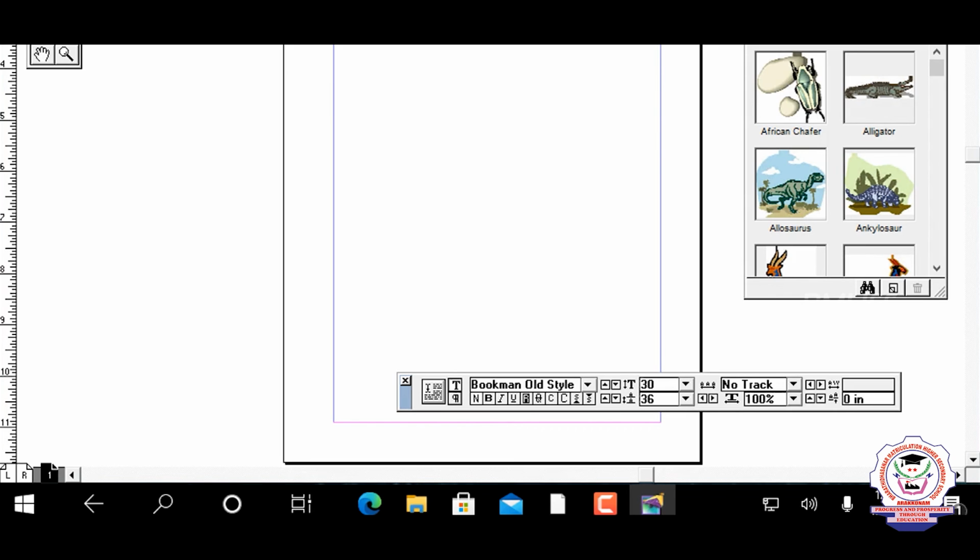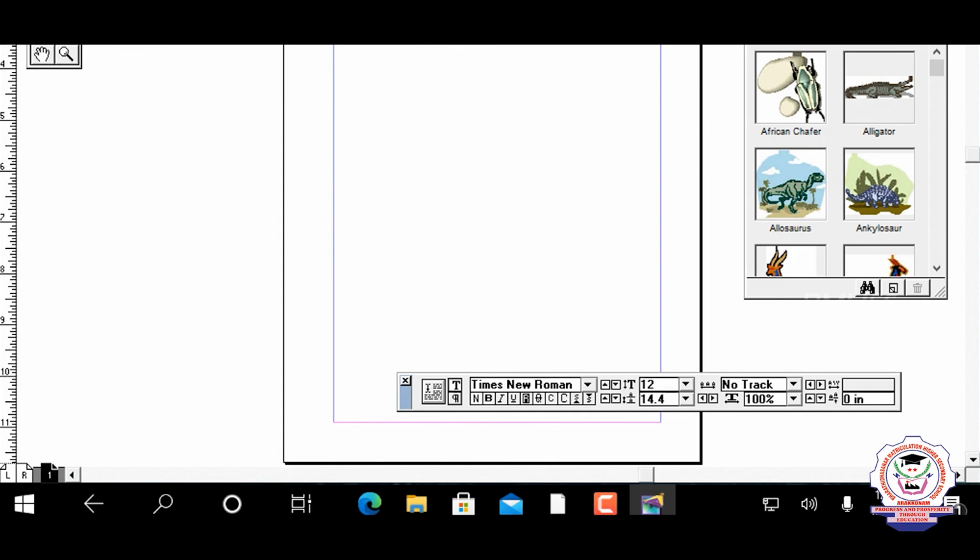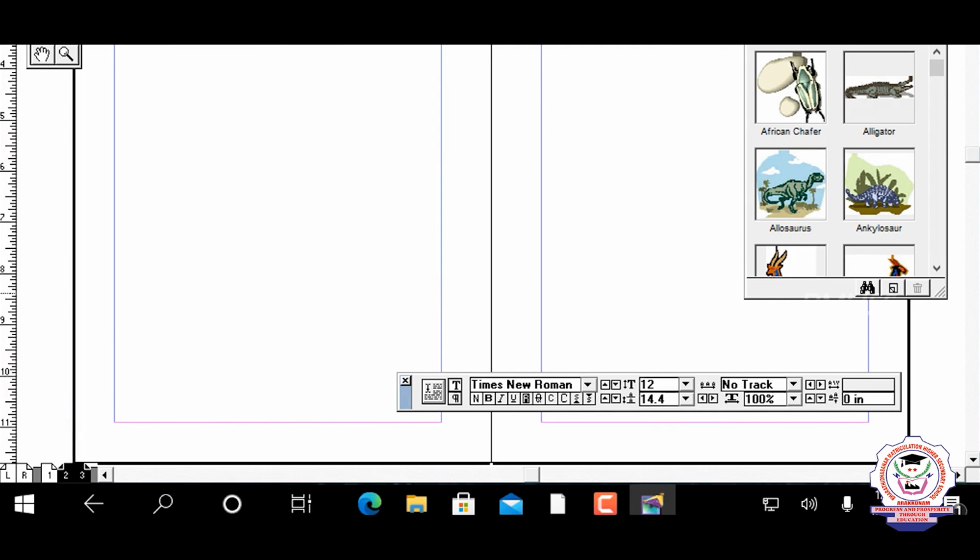Yes, below in the left corner we have a master page. LR refers to a master page. L means the left side of a page, R means the right side of the page. Here one is referred to as a single page. If you want to add more than one page, you can right click on that and add two pages. We have two pages added. What is the usage of LR? You can type any content in that master page and it will be reflected on all the pages of the document. Are you clear?